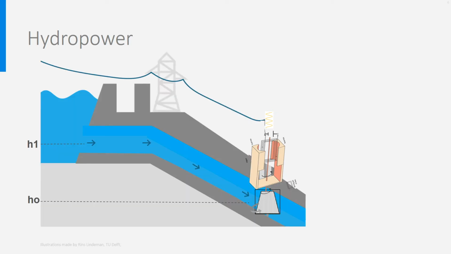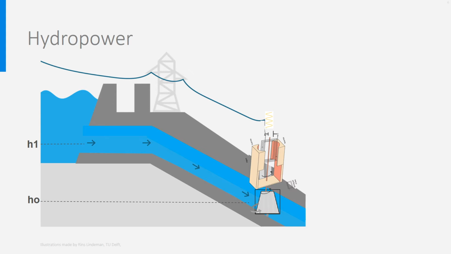Let's now climb up towards Earth's surface and look at how electricity can be made with the power of water, hydropower. This is also turbine technology, and here too there is a generator producing alternating current powered by a turbine. But this time the turbine is powered by water flowing from a higher to a lower elevation. This can be done by using a simple run-of-the-river system which will produce electricity only when the flow rate of the river is large enough. This is applied in small local systems.